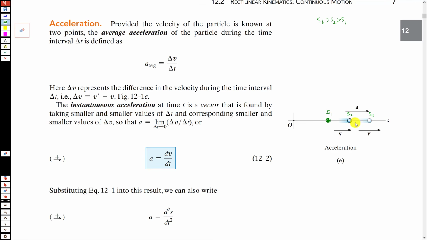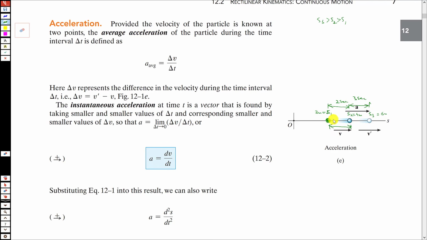So if there is a change in the velocity of this particle, then this means that this particle is accelerating, right. So let's say that initially when the particle was traveling from the s1 to the s2 position, it took, let's say, 2 seconds, and let's say that s1 is 3 meters, s2 is 4 meters, and s3 is 6 meters, right. So for this time interval, let's say that it took 2 seconds, and then let's say that it took 3 seconds from this point to this point, right.